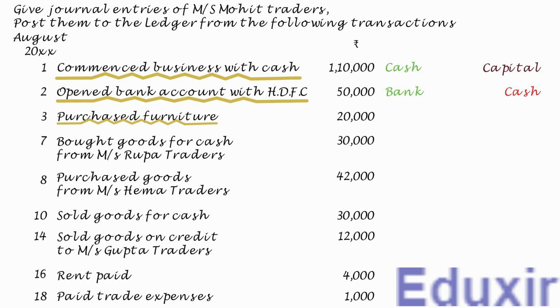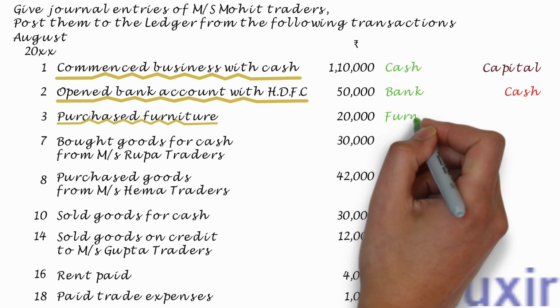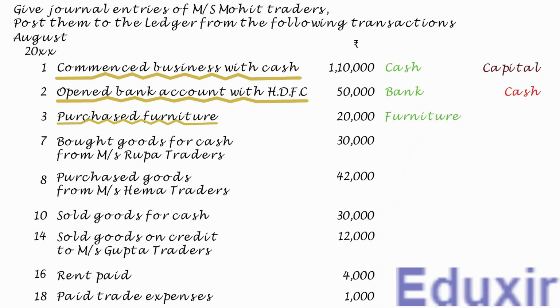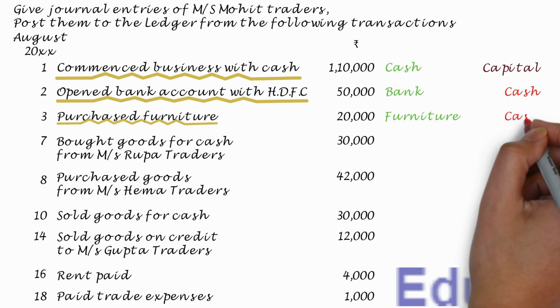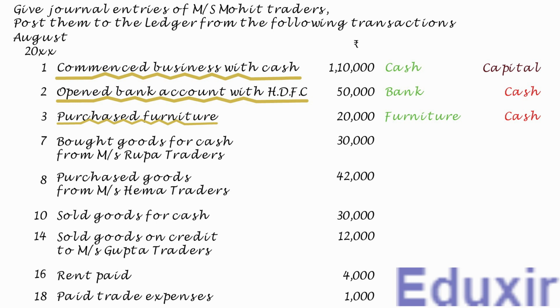As the business is purchasing furniture asset in this case, the furniture asset of the business will be increasing in this transaction. The rule to record any increase in the asset is to debit the corresponding assets account. In this case, the furniture account should be debited. At the same time, as the business has purchased this furniture by paying in cash, the cash asset available with the business will be decreasing in this transaction. The rule to record any decrease in the asset is to credit the corresponding assets account. In this case, the cash account should be credited. With this analysis at our disposal, let us now proceed with the journalizing of this transaction.